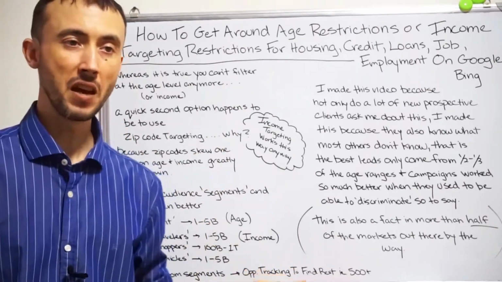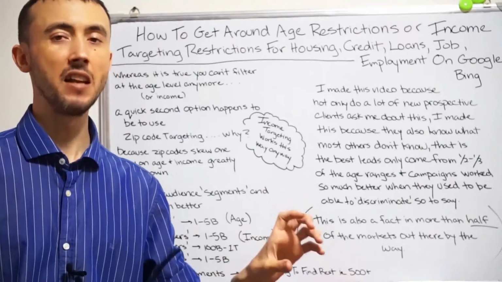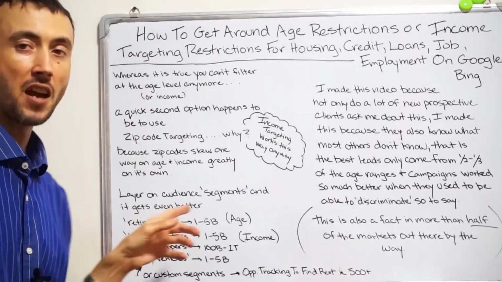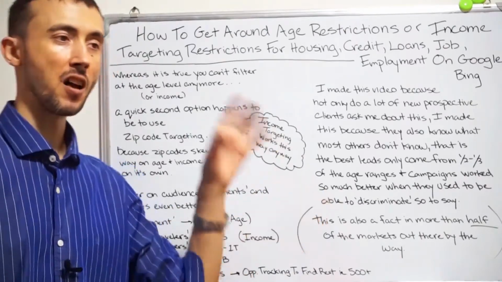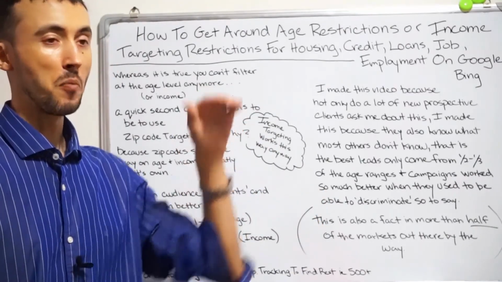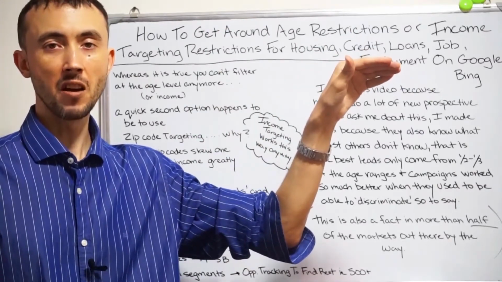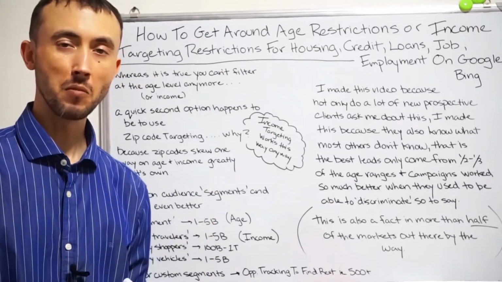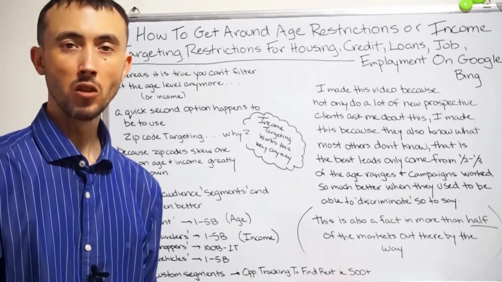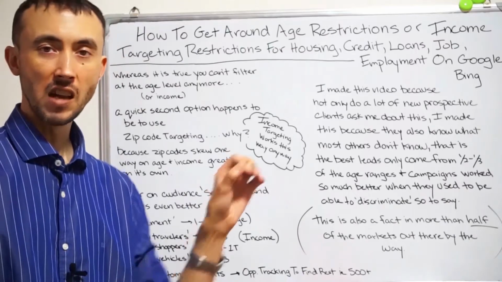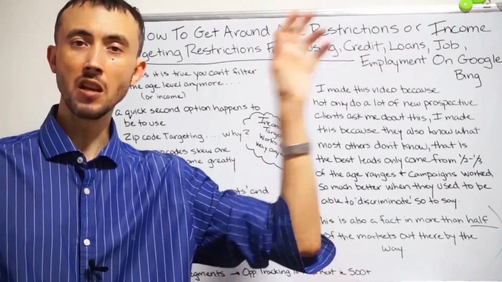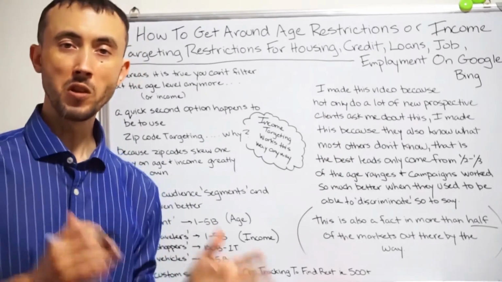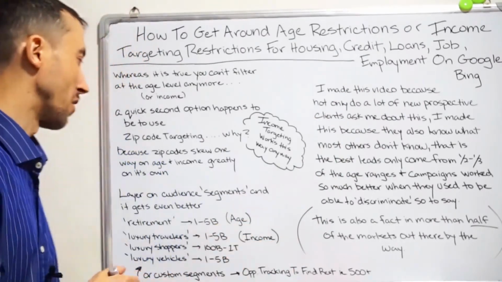You go negative 900% in your bids, and then the keywords won't have a high enough bid to be eligible to be shown, unless they're in this retirement audience segment as well, because automatically you're saying, I'll bid 900% more if they're in this retirement audience segment, but if they're not, I'm not. Whereas if they're not in the retirement audience segment, you're bidding too low to have the ad show up at all. But if they are, now you're bidding high enough that it is eligible to show. You follow my whole logic there? So that's a really good way to get around the age demographic targeting.